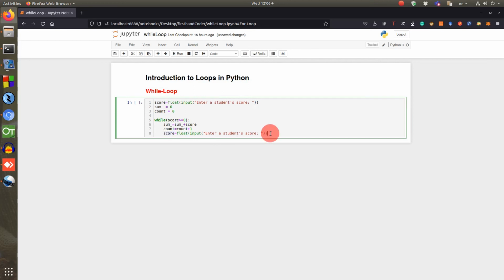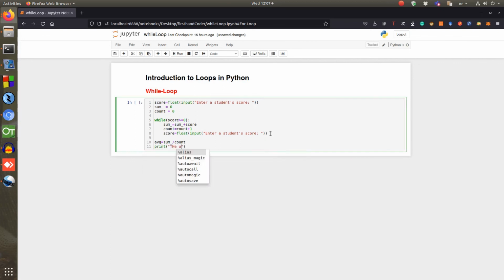So when we come out of the loop, then we can do our simple calculation output by saying, all right, the average is equal to sum divided by count, and then we can print the average is